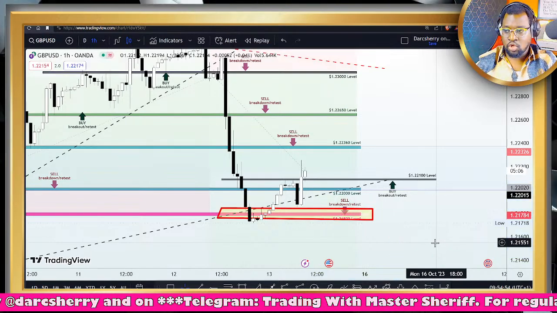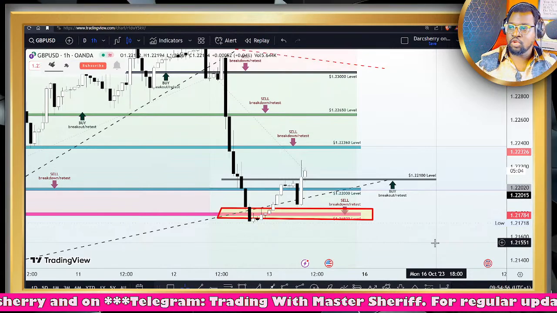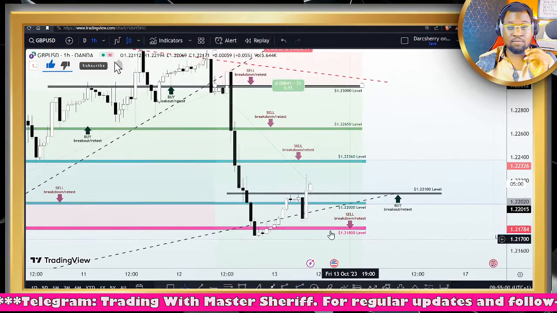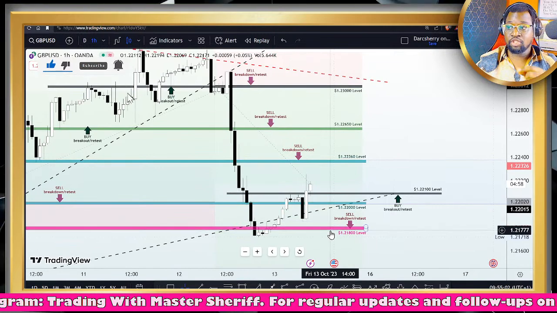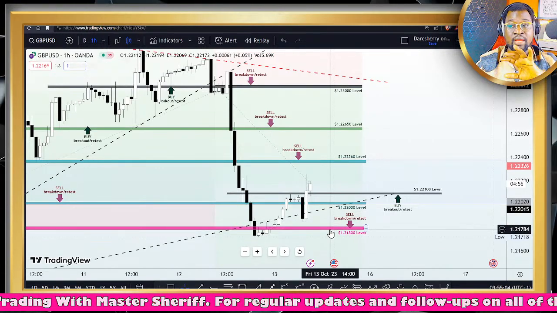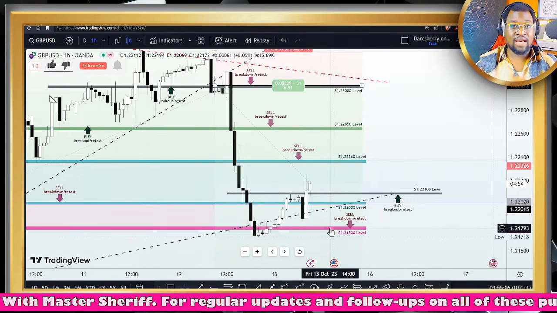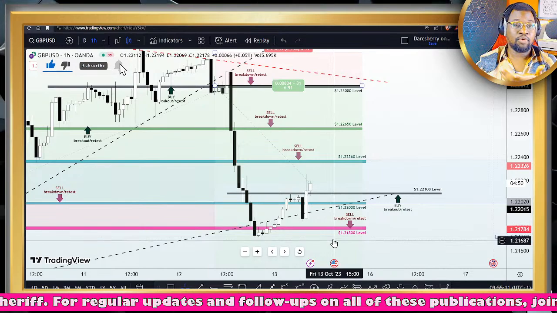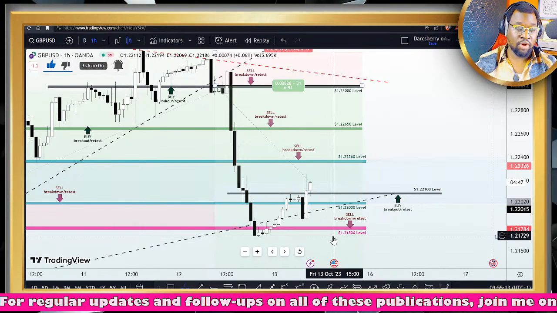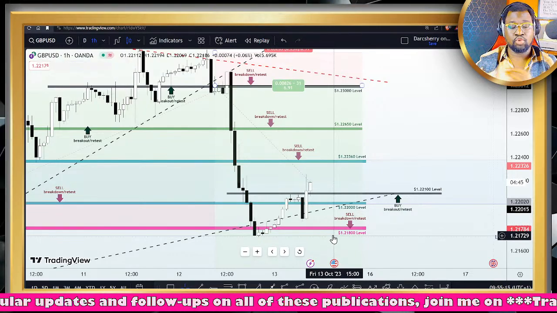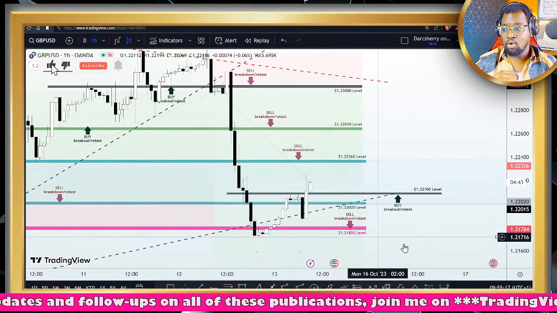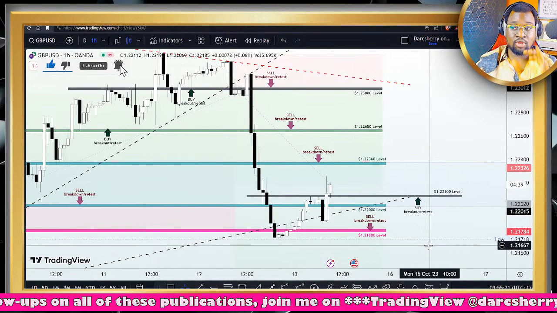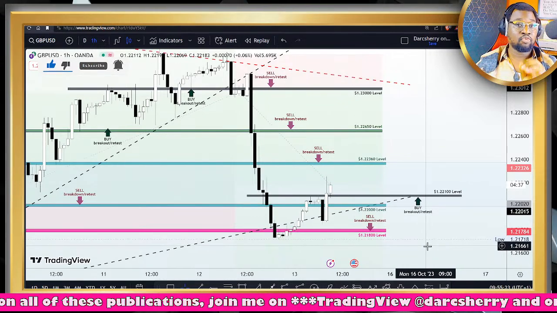So these are my views on the GBPUSD for today. I will just encourage us to mark out these levels, most importantly the 1.22100 area, which happens to be the neckline of that potential reversal pattern we talked about here, and the 1.218 if price will break down and retest that structure to the downside. So let's hold on to this bias here. It's bullish right now, and we are not selling unless price breaks down and retests the 1.21800 area.